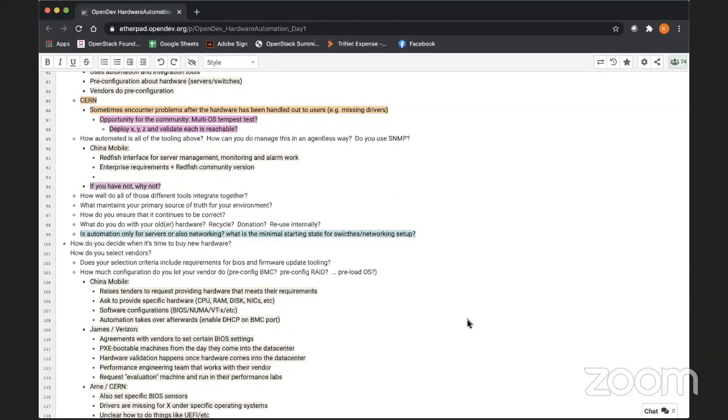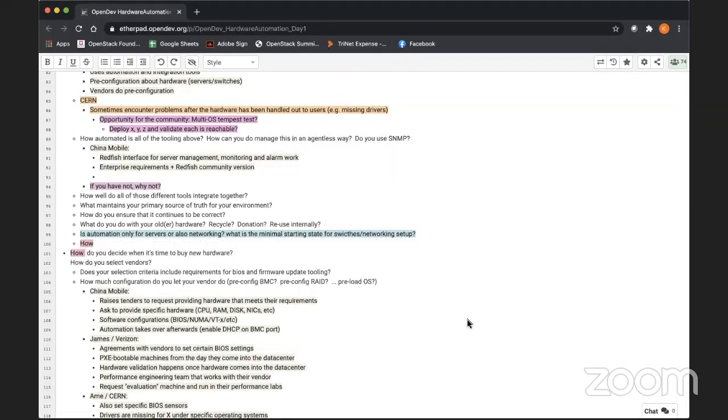We set up our requirements based on one Redfish version. But as you know, the community's Redfish version keeps increasing. It's hard for us to catch up. So our policy is that we will use one version,